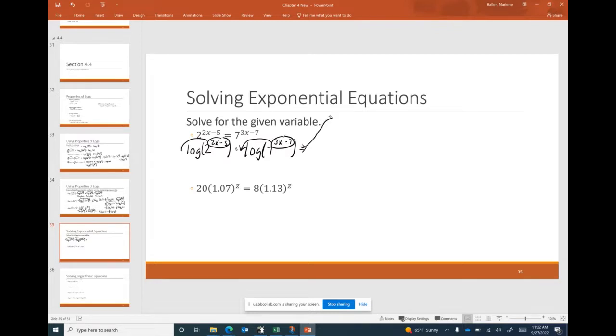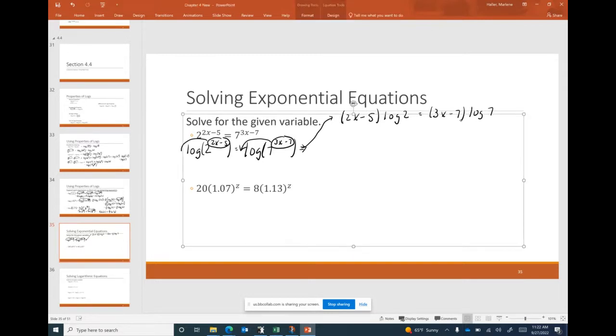And actually, maybe we'll go up here to rewrite it. It will be 2x minus 5, that's that exponent coming down, right, times log 2. And then that's going to be equal to that 3x minus 7 times log 7. All right, now that I've got that variable out of the exponent, I'm just going to use algebra to solve